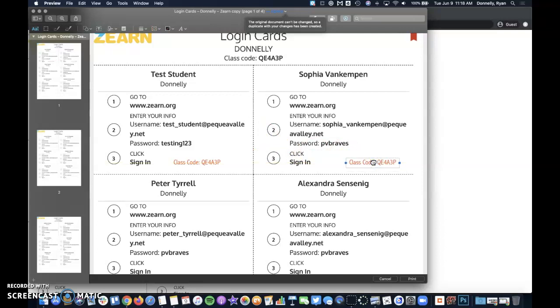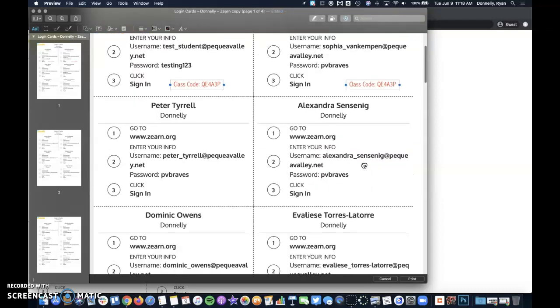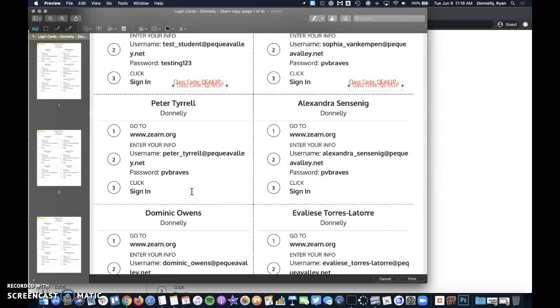And once I've got it there 2 times, if I hold down Shift and then Command C to copy, I can just keep pasting that 2 times in place. And once I do it on the first sheet,